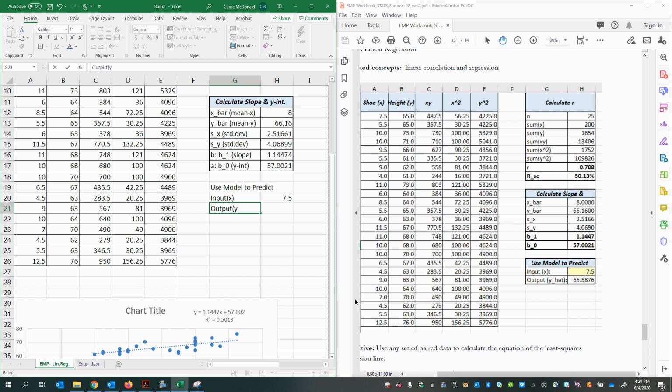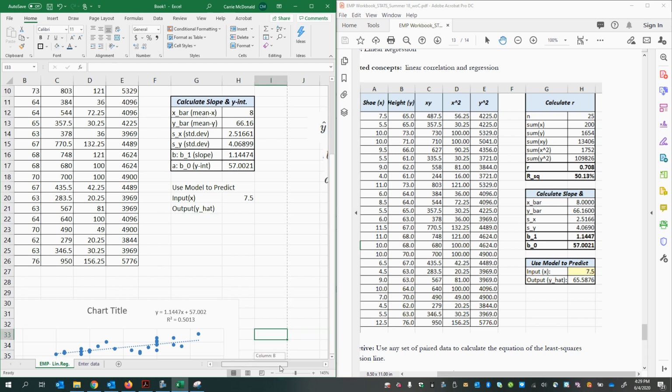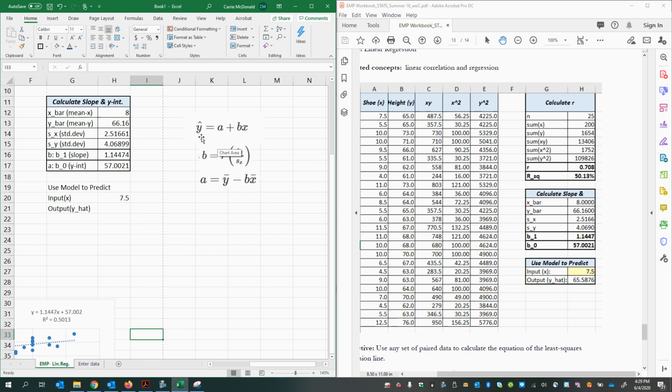which is also known as your y hat. And the y hat looks like this, a y with a hat on it. So what we're going to do to use the model to predict is take the A, which is our y-intercept, plus the B, which is our slope,